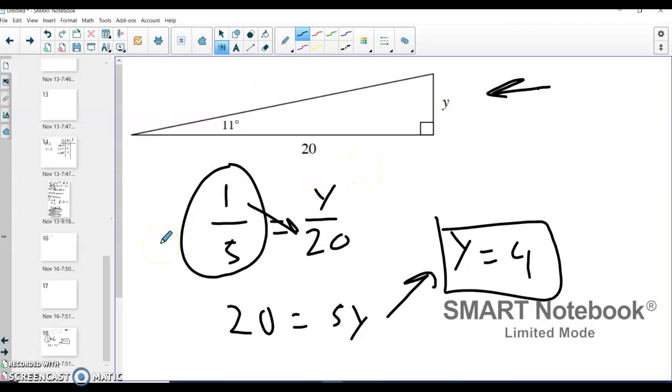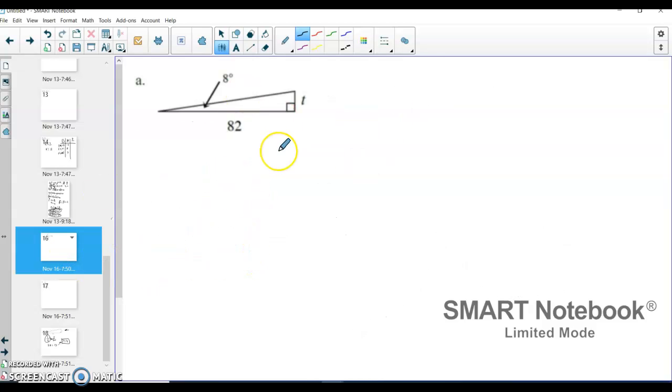We learned in lesson 414 that there's a lot of angles that we do not have a slope ratio for, that we do not have an easy, nice, memorized slope ratio for, or one that's not on our trig table. And that's what these problems are here. If we have a degree like 8 degrees, we don't know what ratio goes with that. So what we can do is we can use the tangent button on our calculator to figure out that slope